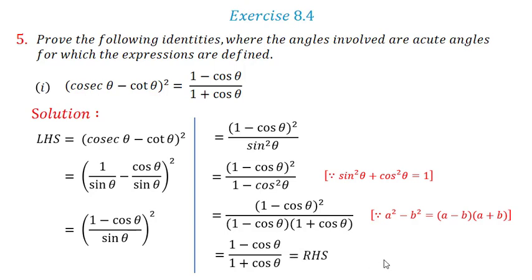So thus we have proved that (cosec theta minus cot theta) the whole square equals (1 minus cos theta) upon (1 plus cos theta). There are other ways also by which you can prove. That means either you can expand this and then simplify, or as I said, arrive at the same common solution, and simplify the right hand side also and arrive at the same solution.